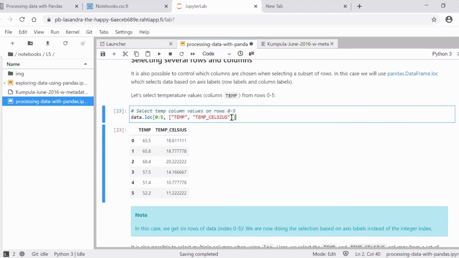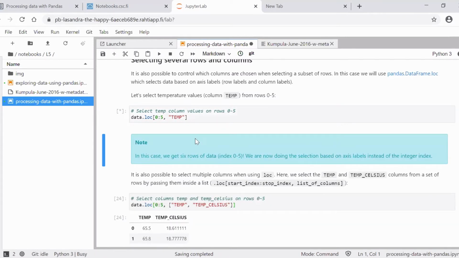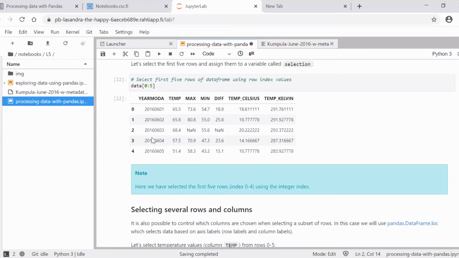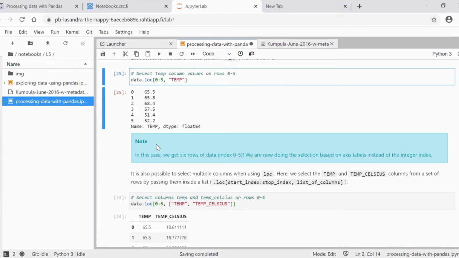Maybe to go back one step, if we wanted to select only one column from those first rows, we can just pass temp. So in a way, the same thing as when we select one column, so one series, we then use this loc accessor to add the rule for the rows. And same thing in here, as we are using the loc accessor, we use the axis labels and we get 6 rows instead of 5 rows when using the indices with this slicing approach. Okay. Sorry for jumping up and down. I hope you got